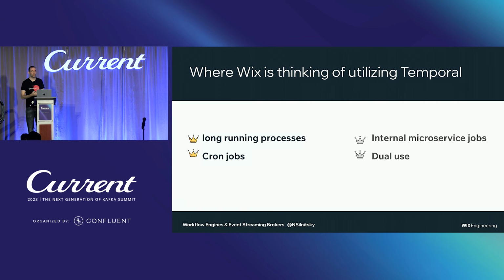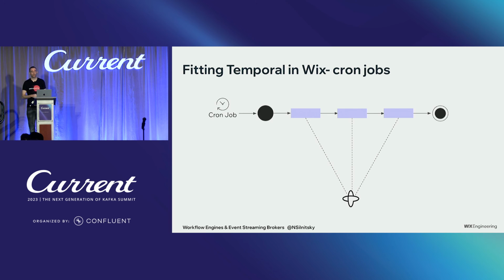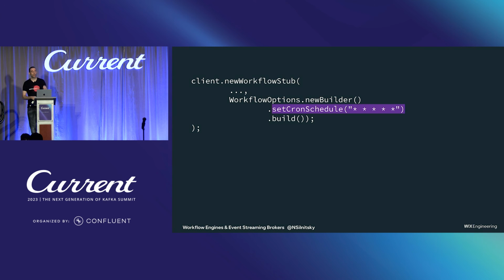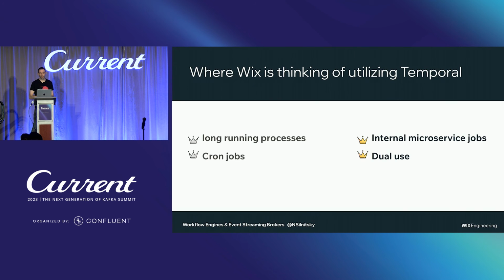The easier low-hanging fruit here is for long-running tasks, or also for scheduled tasks. You can actually schedule Temporal distributed work on a cron schedule, so the work can be on multiple microservices, it doesn't matter, as long as on the workflow options you set the cron schedule. I want to run this once an hour, once a day, whatever, and Temporal will make sure to execute it for you. But the main point here is about handling complex business flows.